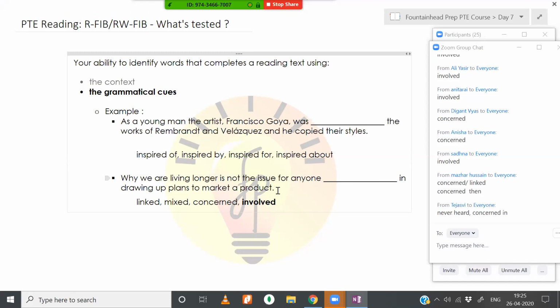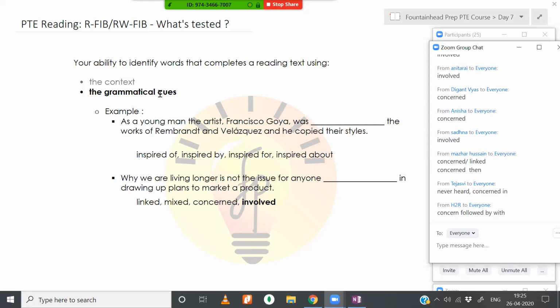Yes. So "concerned in" is not a usage. Okay. Concerned with, concerned about. So those are proper. That leads us to a very important term, that is collocation. Okay. So we will have to discuss collocation also. So "involved in" is a collocation. It's a grammatical collocation. "Concerned in" is not; we don't say concerned in, we say concerned with or concerned about. Okay, that is why you have to look at these grammatical cues. So if it's "in," then you should never choose concerned.